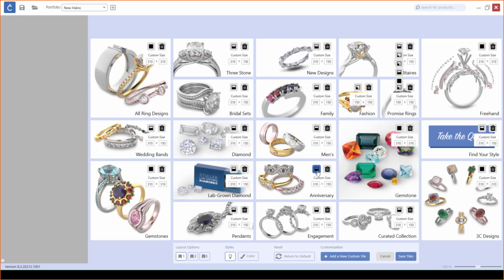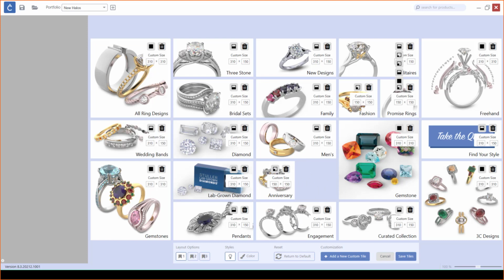For me, I'm going to maybe adjust the size. So if I come in here and left click on this little box just to the left of the trash can, you'll see that we have different tile sizes to choose from. Currently this one is set to a wide tile, so I'm just going to change it to be a medium tile. My graphics and everything shift and update to reflect that change, and now I've got a little space to